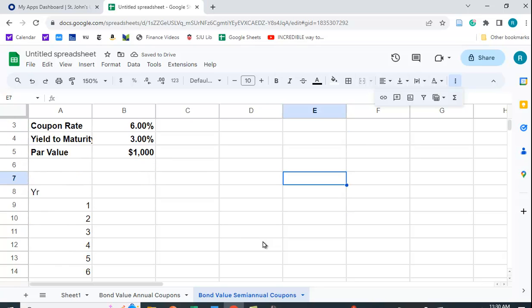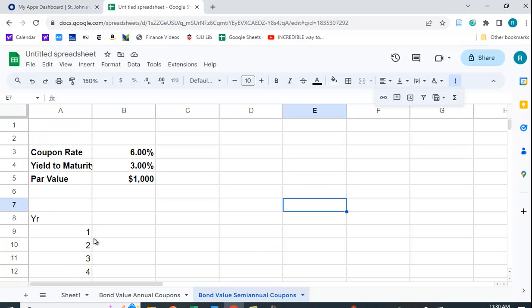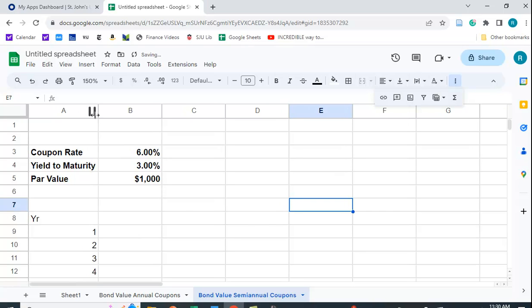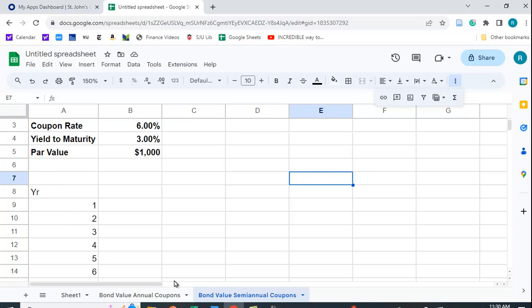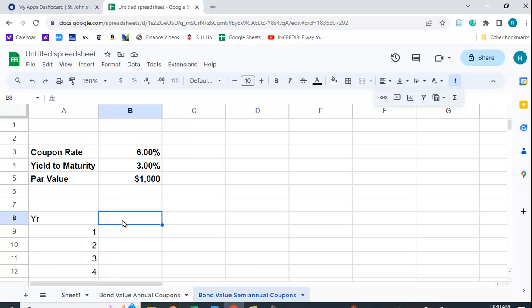So in this case, instead of having interest paid every year, you're going to have 2 interest payments. You're going to get half that amount twice a year. So we're going to call this semi-annual payment. So there's going to be 10 6-month periods in a 5-year bond. So what are the cash flows? Cash flows are going to look like this. It's going to be equal to